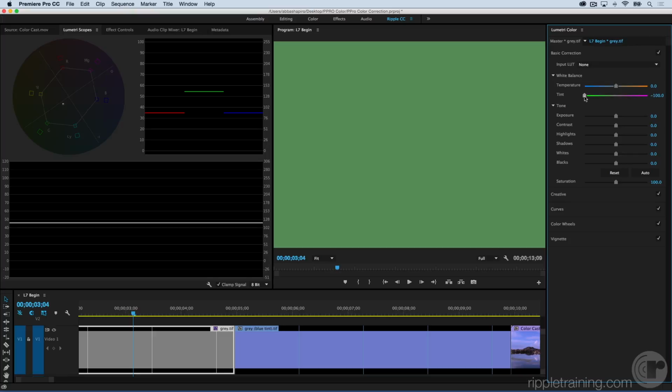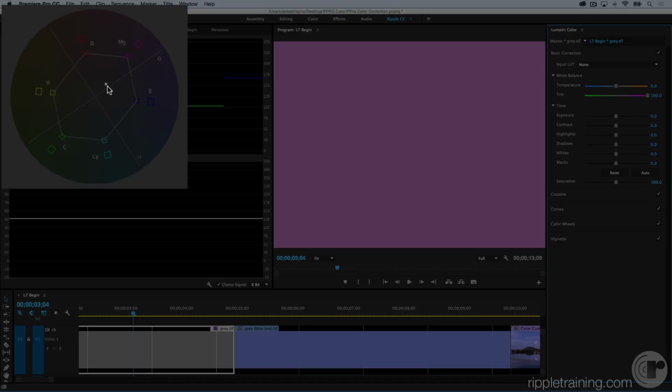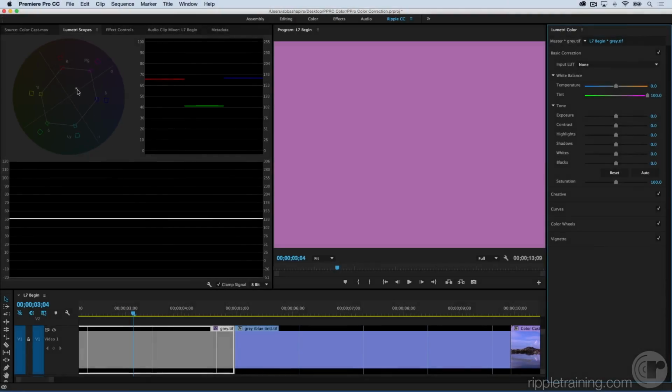If I move it the other way, you'll notice they'll pass each other, and now the red and the blue are dominant, giving us a purple image, and the green is lower. And if you take a look at your vector scope, you see that our dot has moved closer to the magenta and red area. If I now move the saturation slider, I'm going to go ahead and make this more